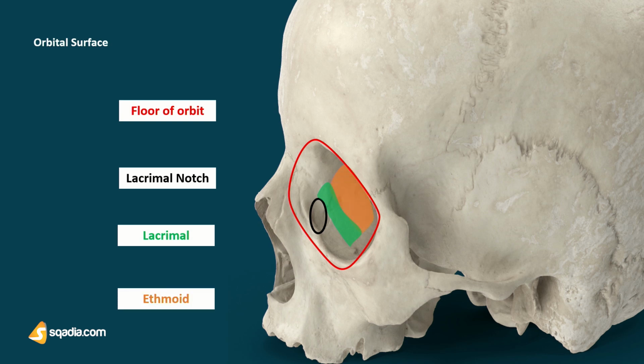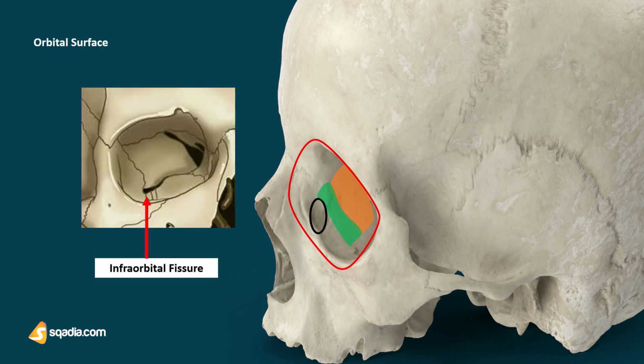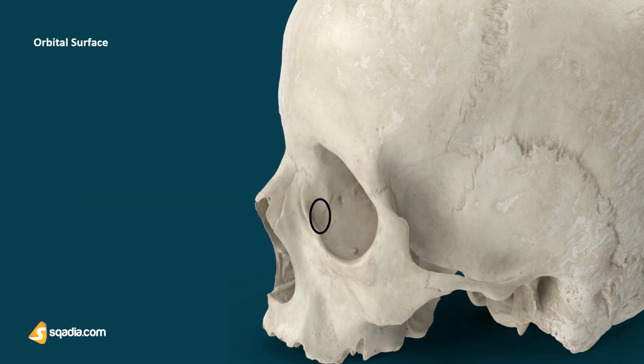The posterior border is smooth, rounded, and it forms a greater part of the infraorbital fissure, and in the middle, the infraorbital groove. Then comes the anterior border, which forms the orbital margin, infraorbital groove, and a canal. Lateral to this canal is a sinus which passes in the anterior wall of the maxillary sinus and reaches